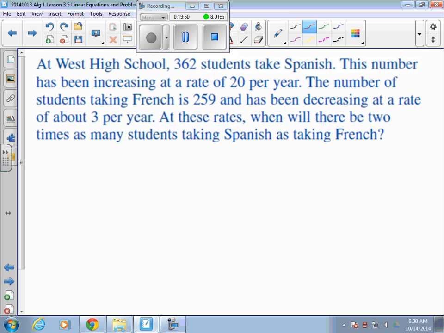Okay, this one says there's 362 taking Spanish. So let's do a Spanish side, and then we'll do a French side on the other side of the equal sign. Okay. There's 362 taking Spanish. It says it's increasing at a rate, that means plus, going up, plus 20 per year. So 20 times an unknown amount of years, not 2, 20 per year. So that's how you should have it started off, 362 plus 20x equals, the French side says that there's 259